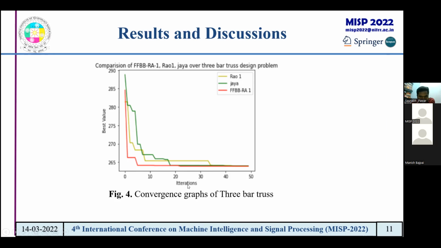I got that. Whatever you are climbing towards as a minimum, that's why you mentioned it as the best value. Yes, the minimum value is the best value. But technically, if you put words related to the algorithm on the y-axis, then it will be very good, because you are showing it as the best value. I agree with that.